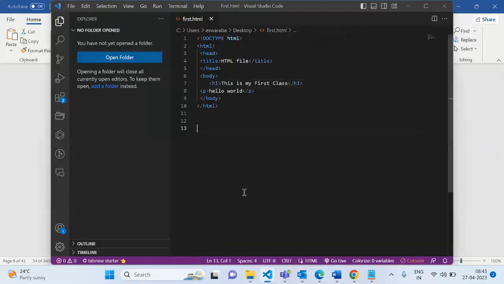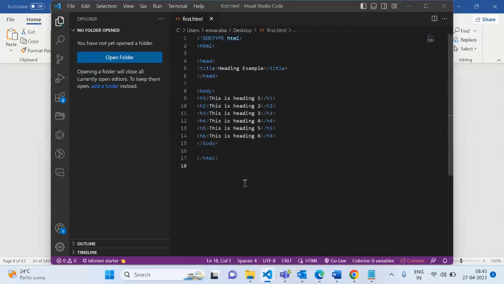Till now we talked about the document. Now we will talk about the heading. What do you mean by heading, and what are H1 and H6? Here the title is heading example. If you want to give a heading or title of the page, it is called a heading. There are 6 types of headings, H1 to H6. H1 is the biggest size and H6 is the smallest size.